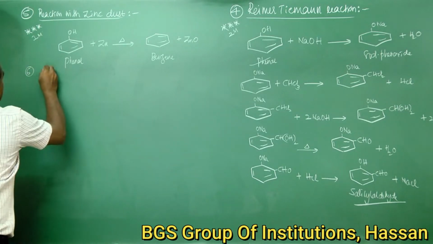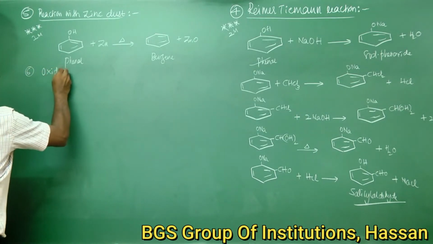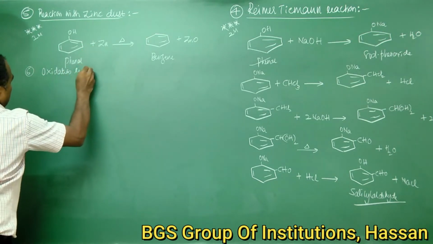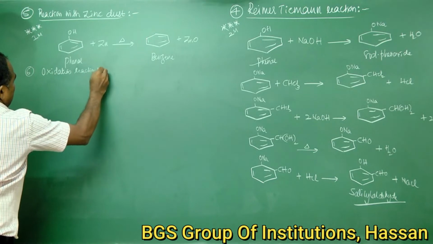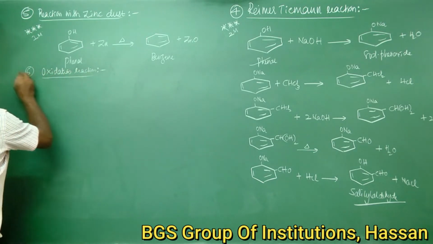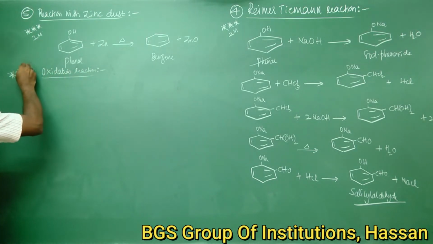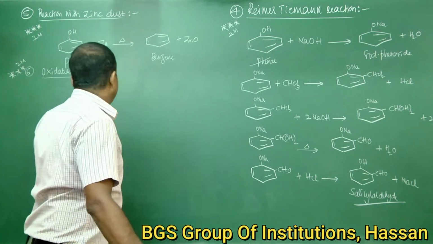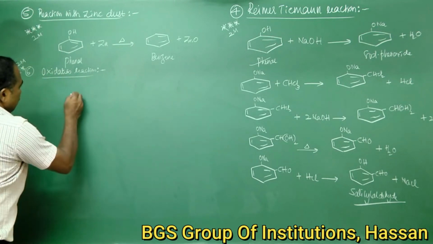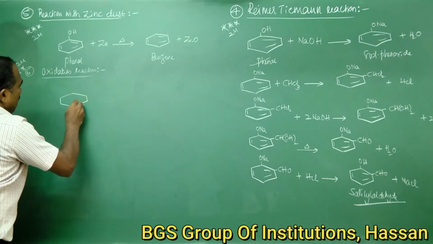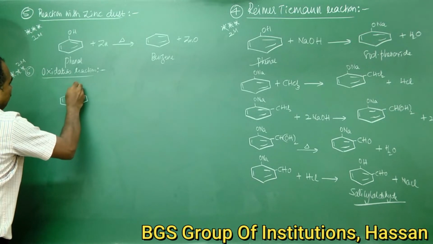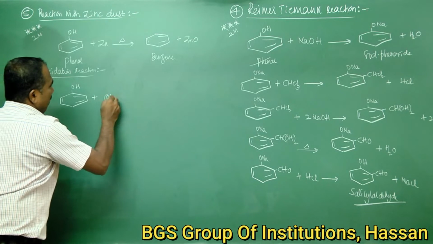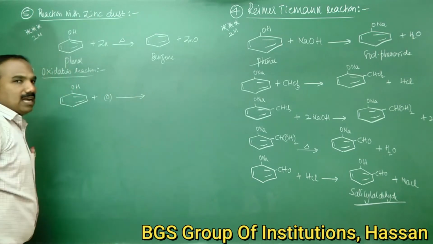Okay. Next reaction, the sixth one, is the oxidation reaction. This is also important. It has been asked in the annual examination for 2 marks. So phenol on oxidation by using an oxidizing agent, that is chromic acid in presence of concentrated sulfuric